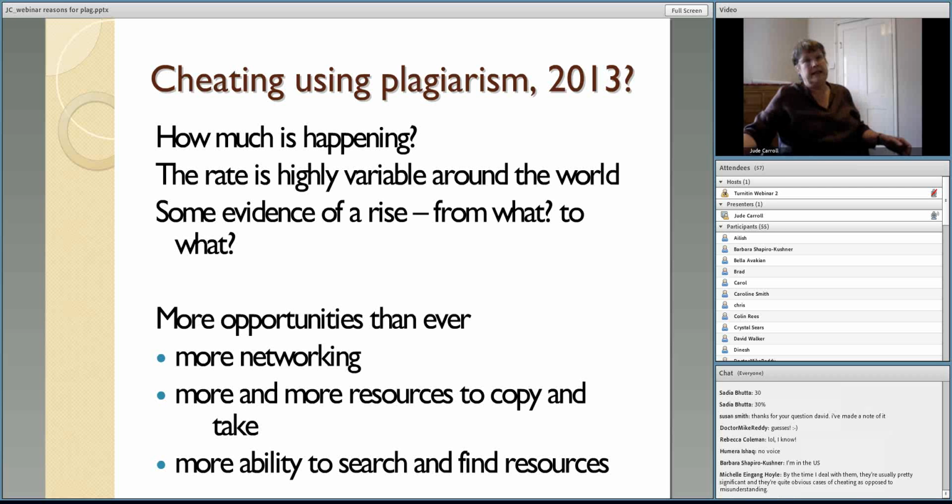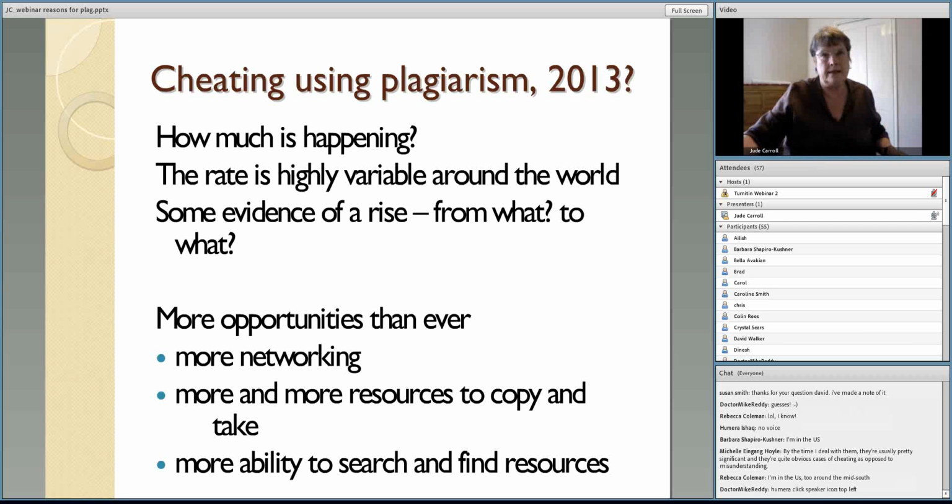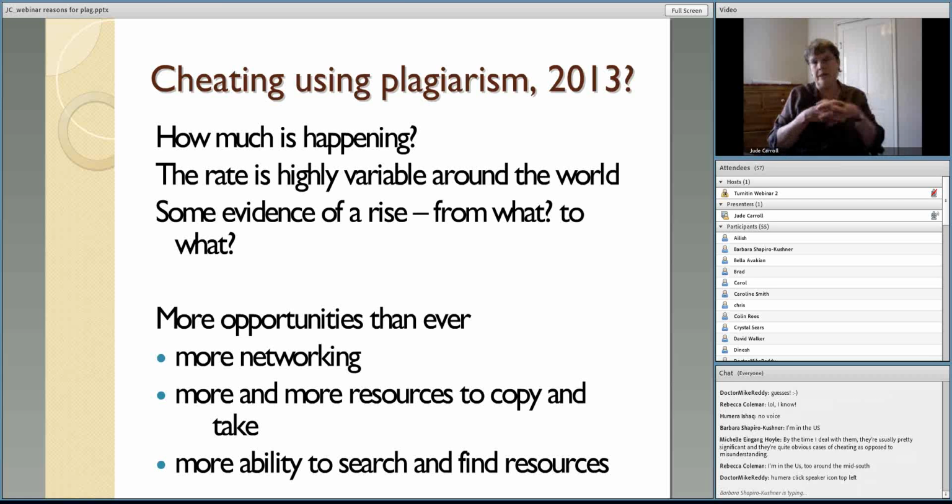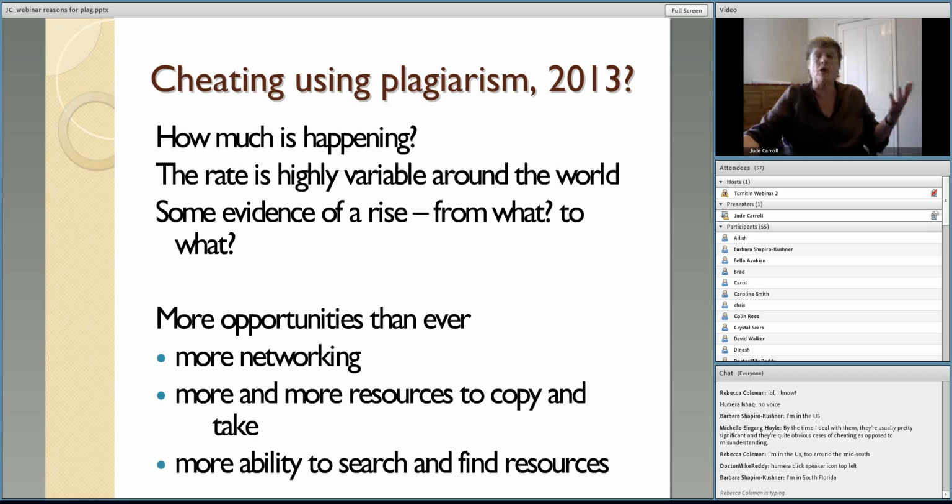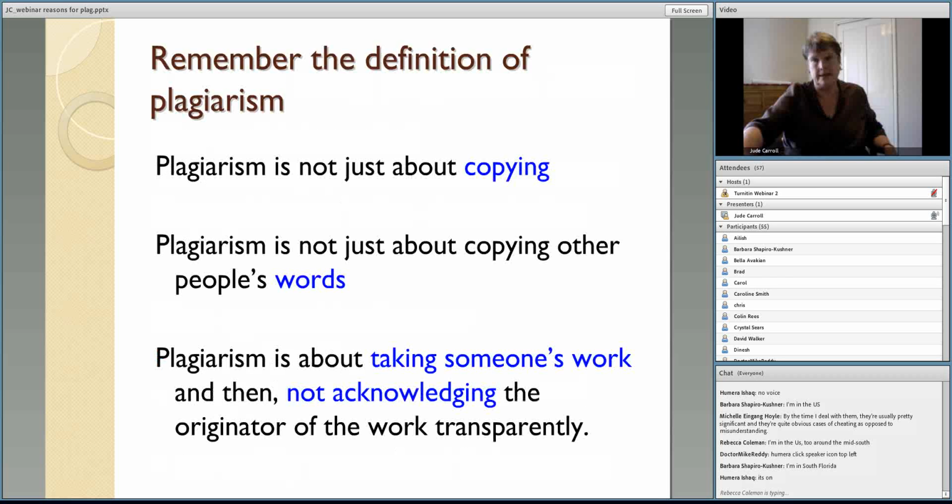There is significant cheating using plagiarism. By your estimation, some of you are saying 30% or lower. Some of you are saying 50% or lower. Many of you are saying smaller numbers. A few are saying larger. And a small number say they don't know. It's certainly true, to repeat my point, that there are more opportunities than ever. There's more networking. That's quite important because students often use each other around the world, putting up postings and asking questions in blogs or in chat rooms or in social networking sites where they get additional help and support.